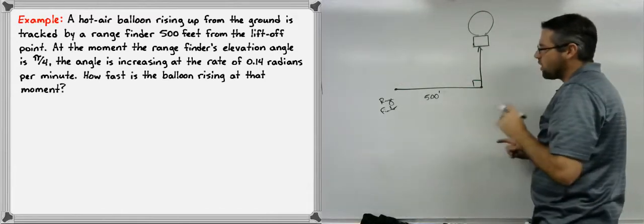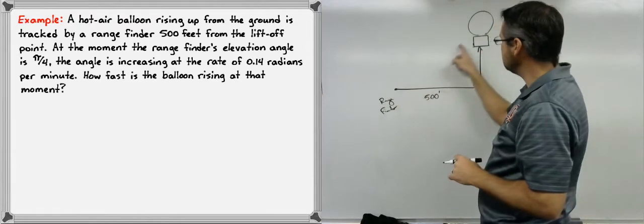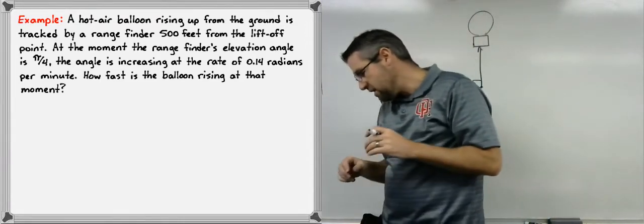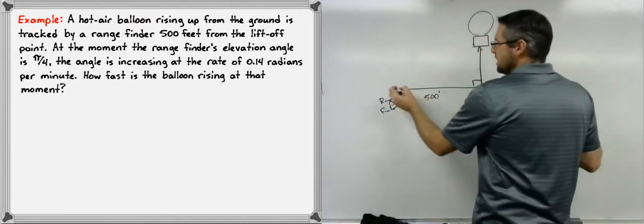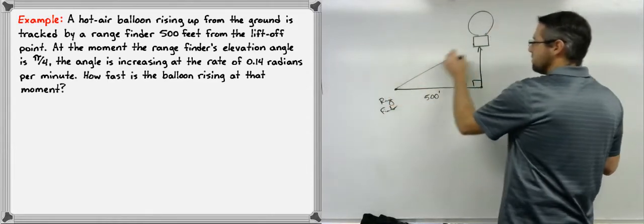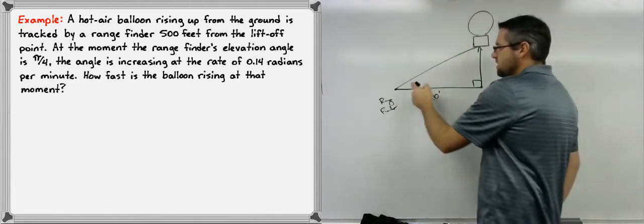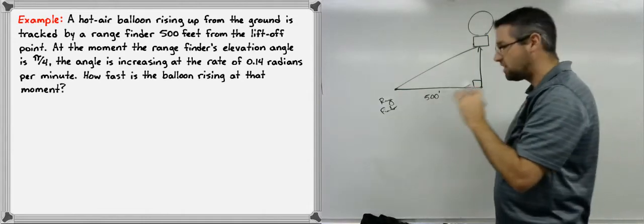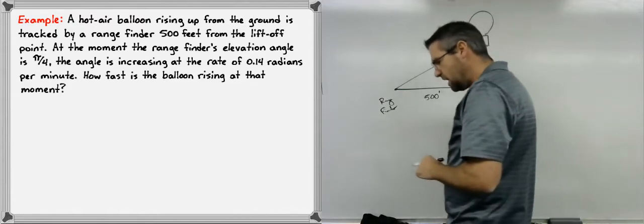Now, this rangefinder is 500 feet away, and it's trying to figure out the distance between it and the balloon. Now, it says that the rangefinder's elevation angle, remember, angle of elevation, is the angle formed by a horizontal line and the line of sight. So this rangefinder is looking up at this balloon, and we know that this angle is going to be pi over 4 radians at the moment that we're asking this question. Okay, so here's the picture. It's important